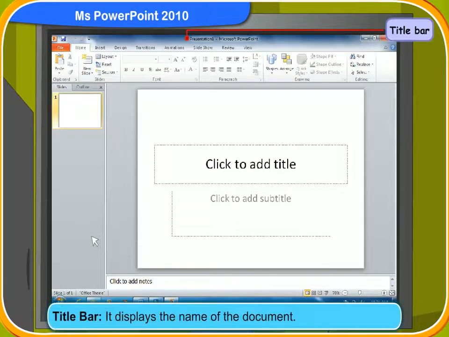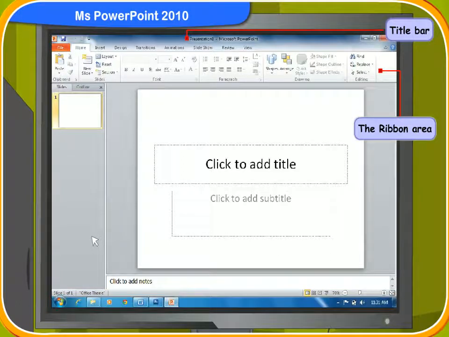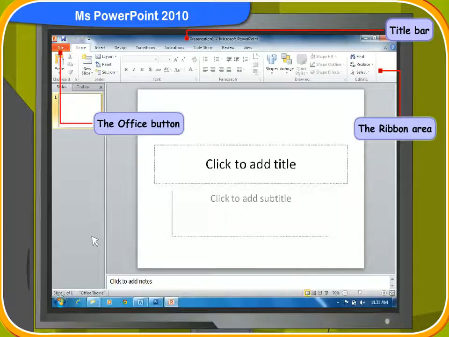Let me now show you some of the features of the PowerPoint screen. The title bar displays the name of the document. The ribbon shows all the options to work in PowerPoint from a single area. The ribbon area is grouped under different tabs which contain various command buttons. The Office button consists of commonly used commands like open, save, and print documents.